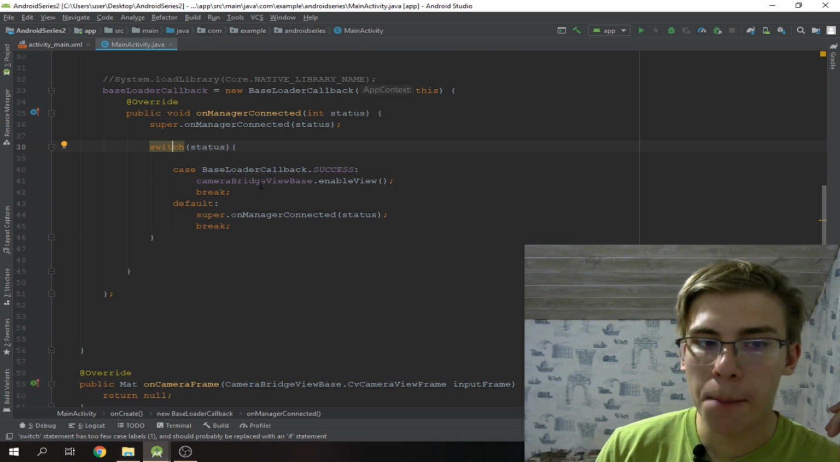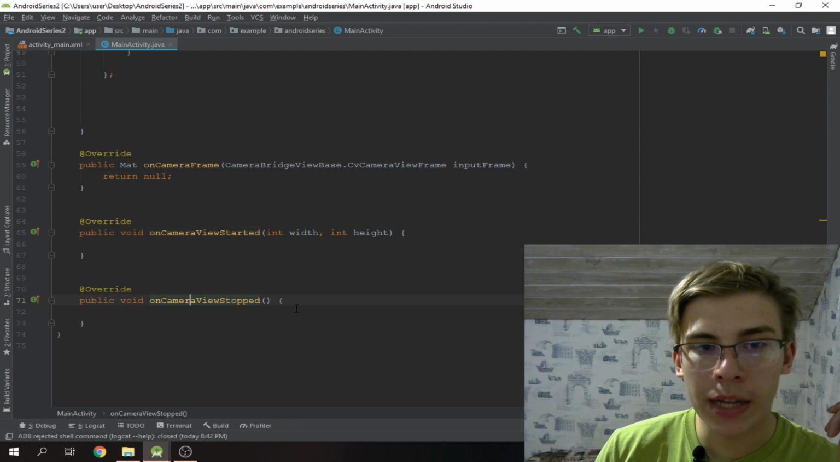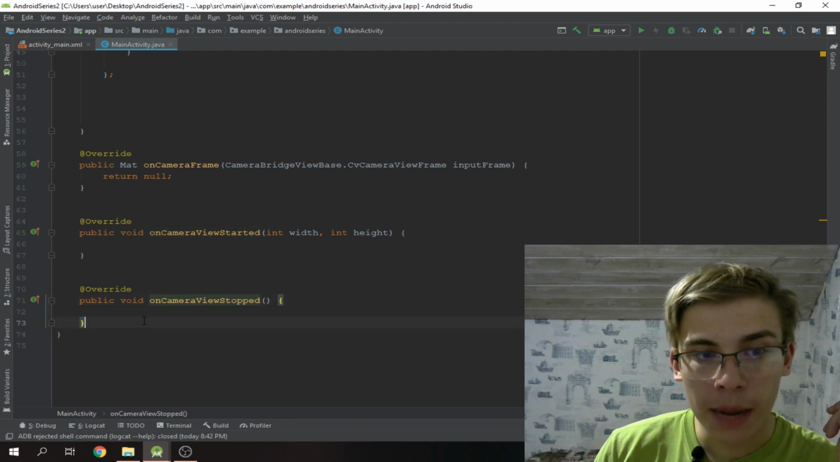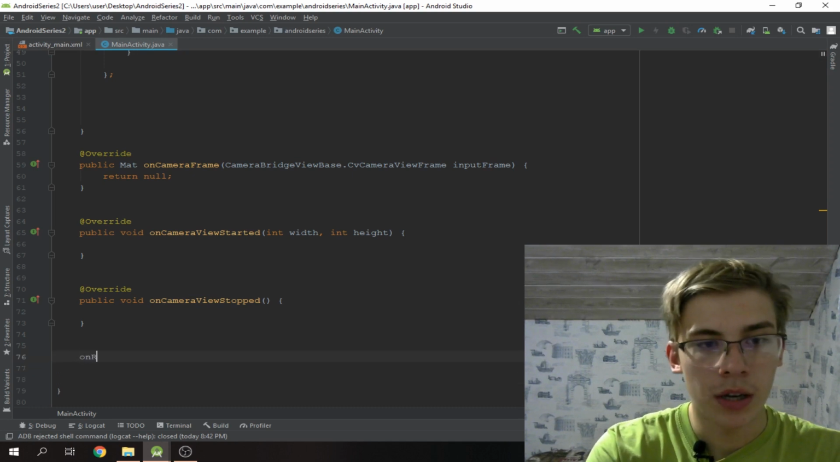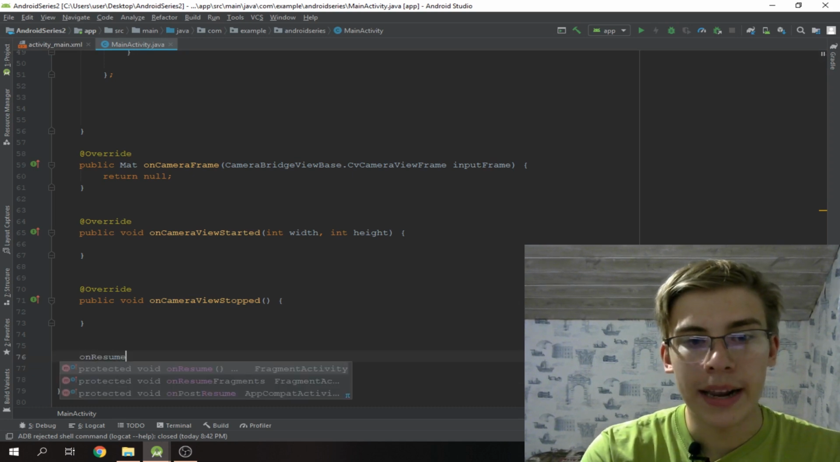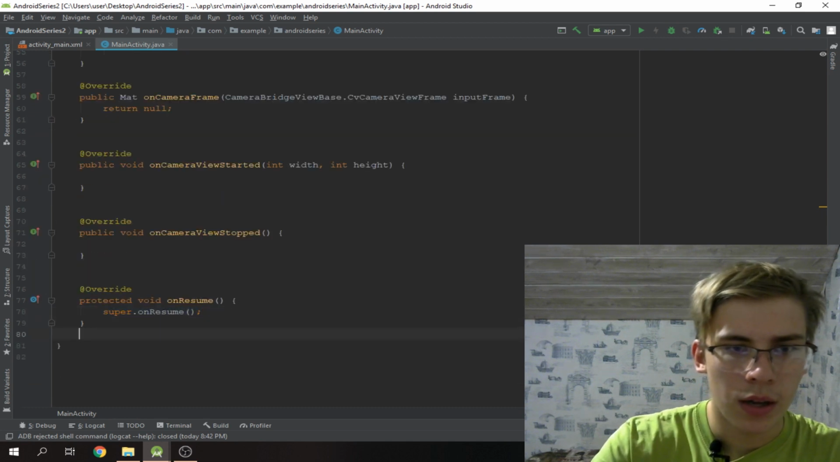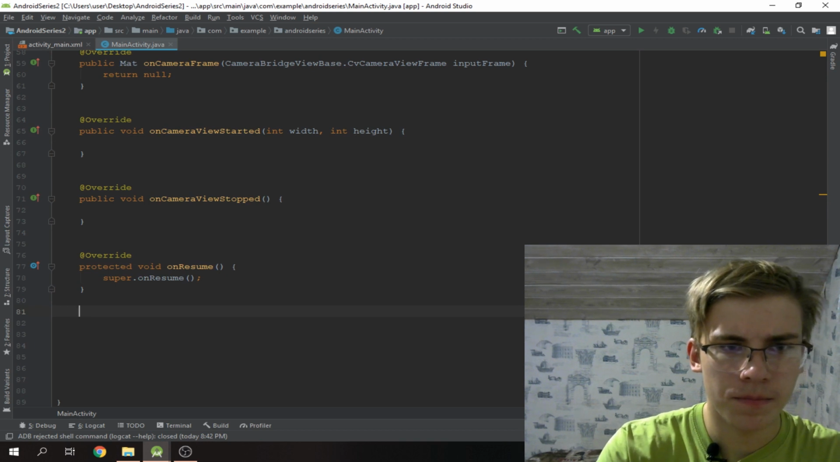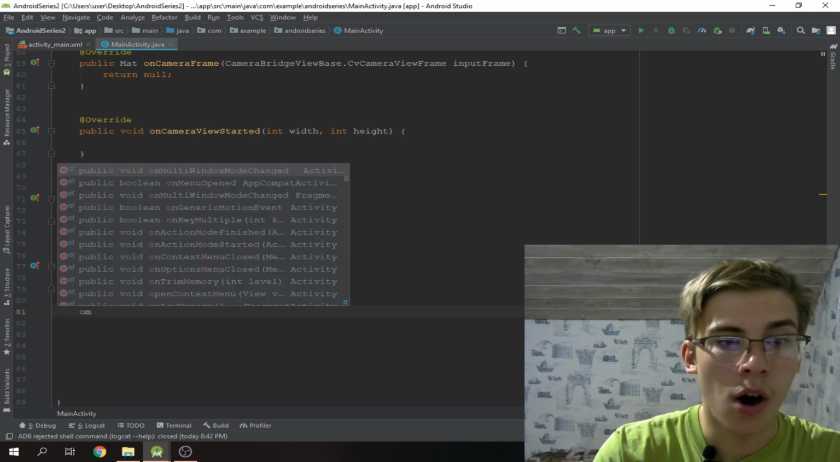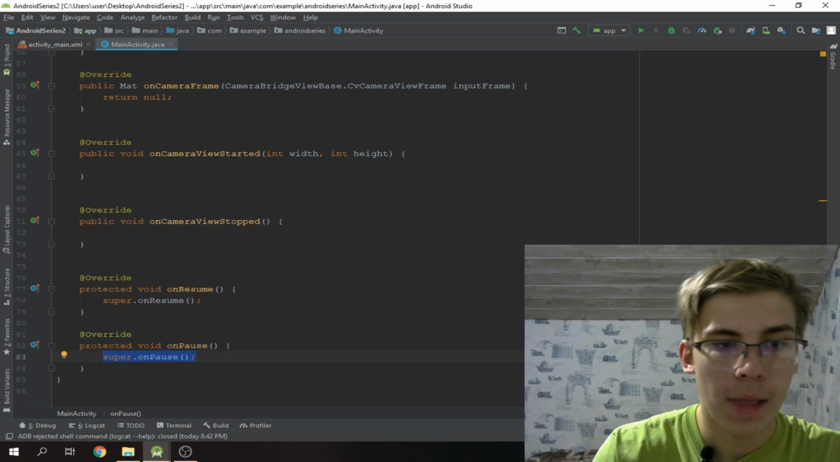There is actually on camera frame, on camera view started, and on camera view stop, but there are quite a few more of those commands, like on resume, and it all should prompt you, and it should be pretty cool. Then on pause,